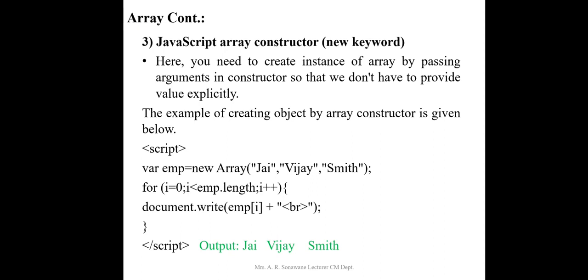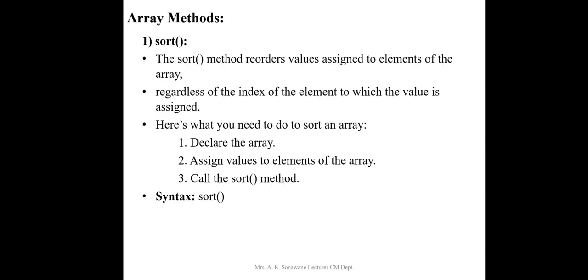These are the three different ways in which we can create an array in JavaScript. First is directly with an array literal, where you initialize the array. In the second, you create an array with the new Array constructor, but the values are assigned for each and every index position. In the third, you directly initialize the array with the new keyword and array instance, along with passing the values as arguments during array creation.